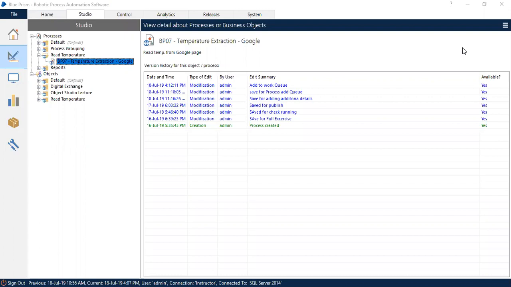So now in this process, we are going to see how to get the item which we have already added into work queue. And we are going to come to a decision whether it is a success, which we mark as completed, or it falls under exception. You can mark it as an exception. So without any further delay, let's jump into the Blue Prism process.